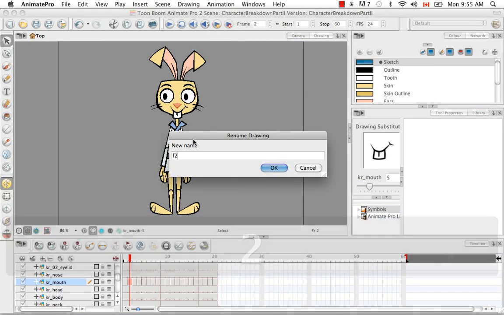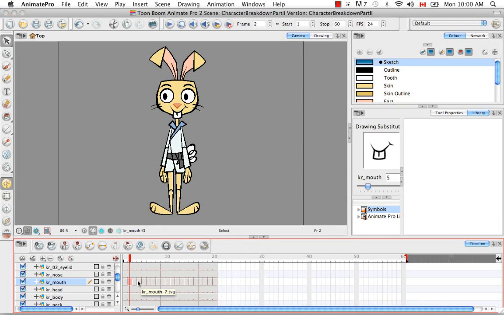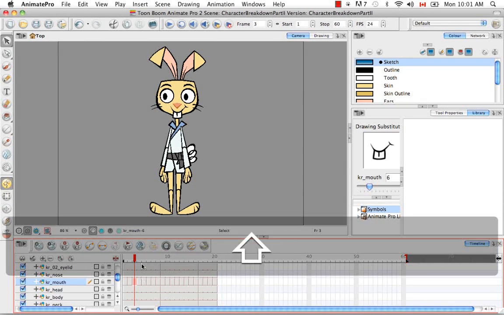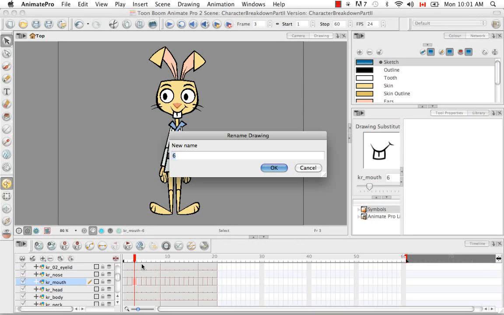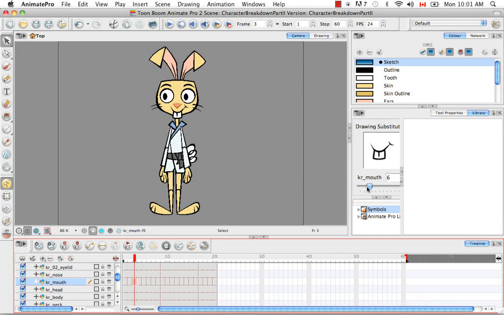This will be F2. Let's do one more. Let's use the keyboard shortcut. And this one will be F3. It looks like right now in the drawing substitution window that the old drawing still exists. This is number 6 as it should be here, 4, 5, 6. But if we actually scroll past and go to the end, we'll find our F drawing, so